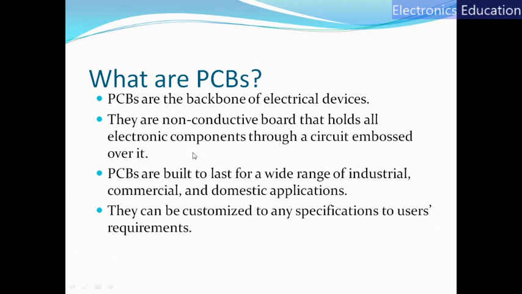PCB is a non-conductive board on which we have a metal substrate deposited. This metal substrate works as connecting wires to connect different components. This concept of PCB helps to reduce the size of the circuit board to a remarkable extent.